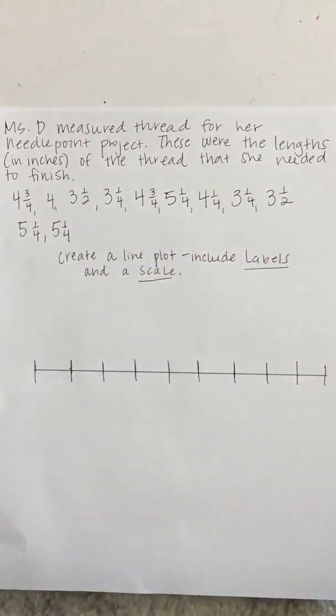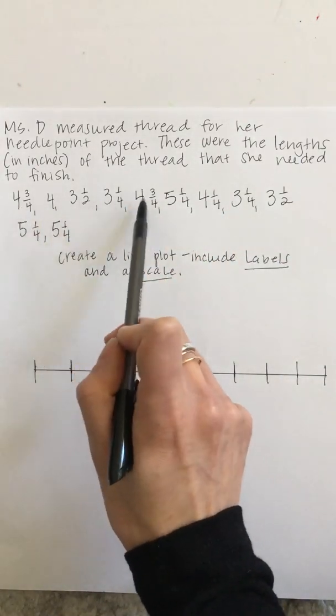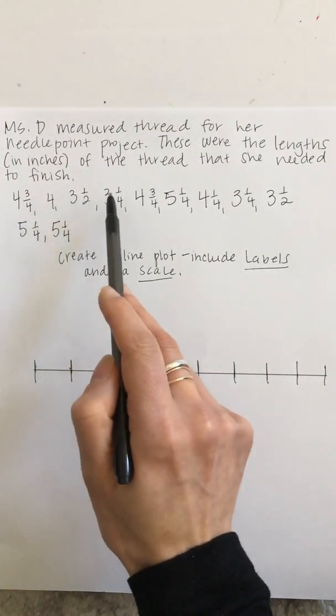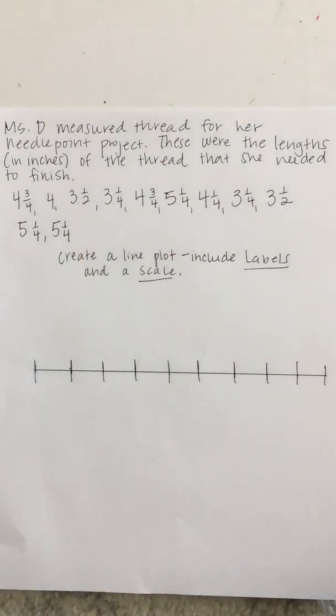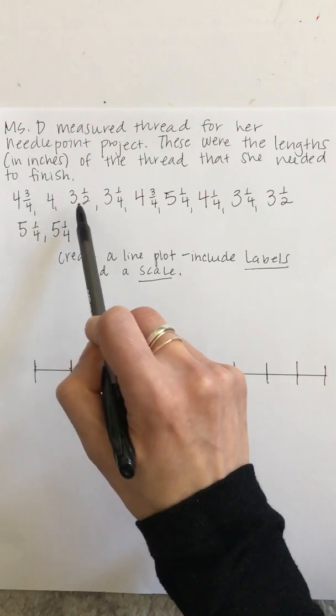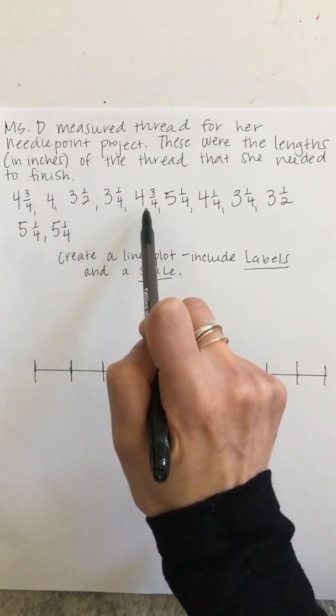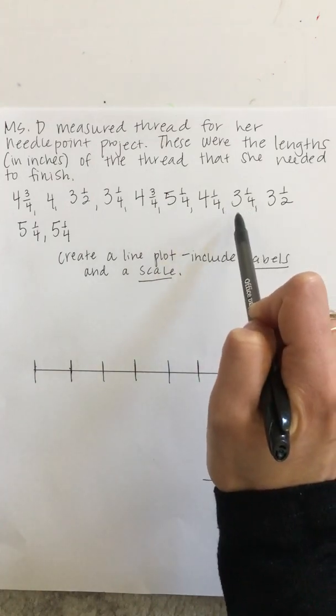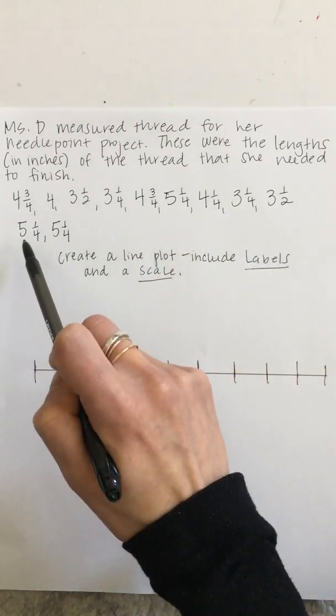So I have a bunch of different lengths here. I have 1, 2, 3, 4, 5, 6, 7, 8, 9, 10, 11. So I have 11 pieces of thread, and each of those 11 pieces of thread has a specific length. So let's go through those right now. 4 3/4, 4, 3 1/2, 3 1/4, 4 3/4, 5 1/4, 4 1/4, 3 1/4, 3 1/2, 5 1/4, and